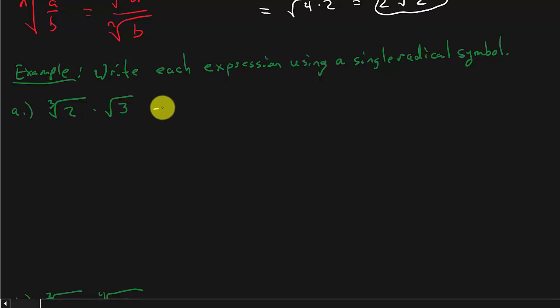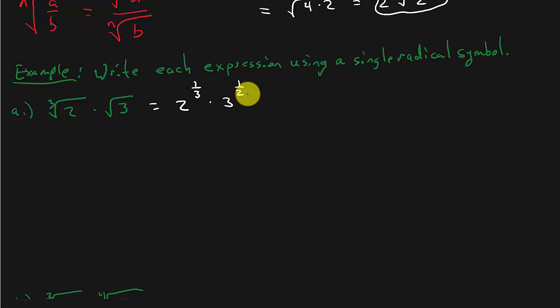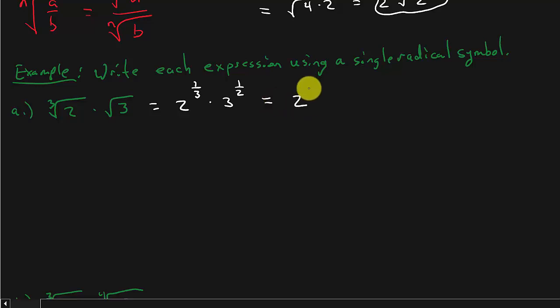Well, what do we need? We need the same index, don't we? So what we're going to do is let's convert these to exponential form. Okay, convert them to exponential form. And then this is equal to, so what I'm going to do is I'm just going to go ahead and write this down, and then I'm going to explain it to you. So that's going to be 2